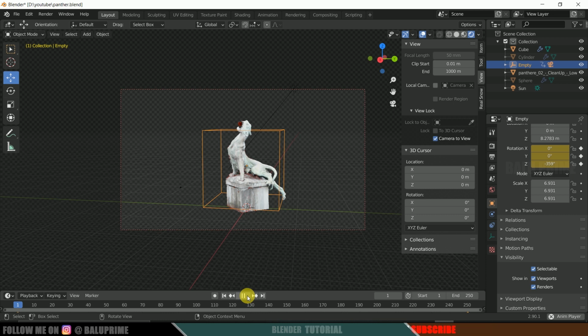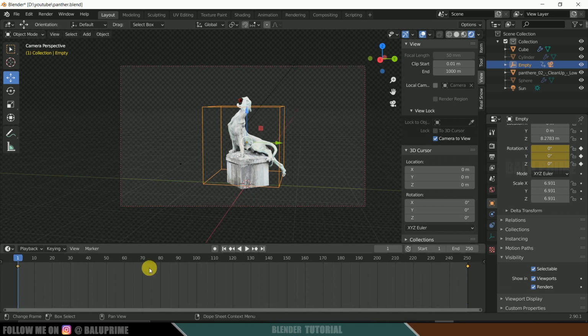Since it is playing very slowly, I can't show you in real time, because you can see here the FPS is running at 0.25. So trust me, we got this turntable animation set. So if we see here, we got these rotation keyframes which were added at first frame and 250 frames. We will get a turn around animation here.